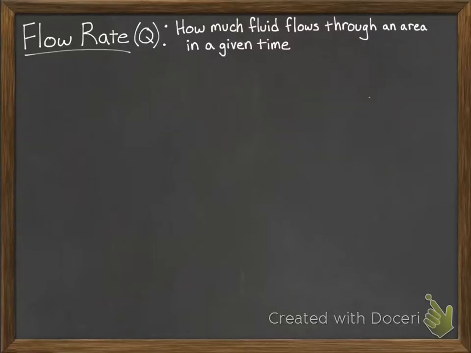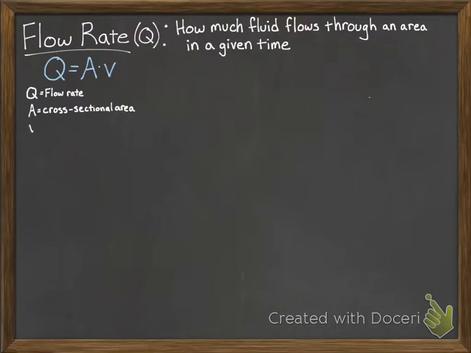Alright, let's talk about flow rate. So flow rate, represented by the letter Q, or the variable Q, is how much fluid flows through an area in a given time. So visualize a pipe, right? And we're talking about how much fluid is going to pass through a certain part of that pipe over a